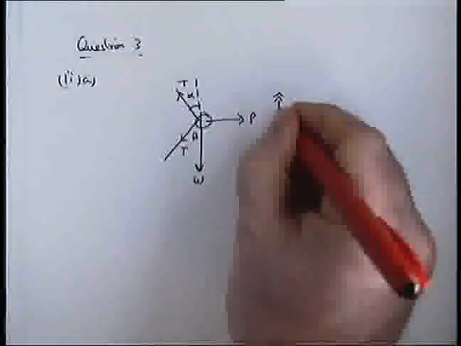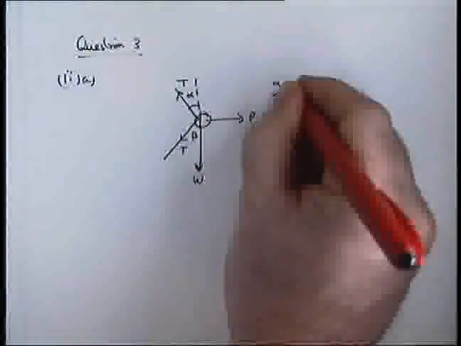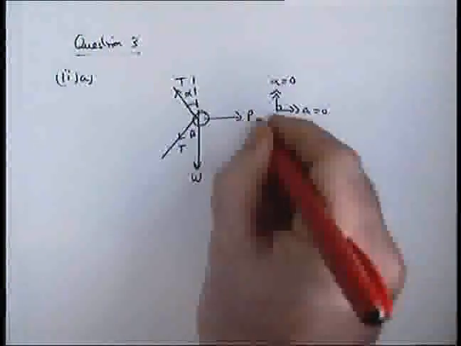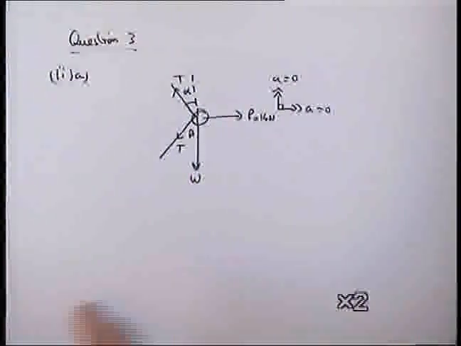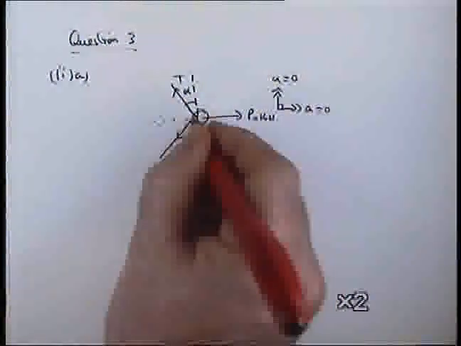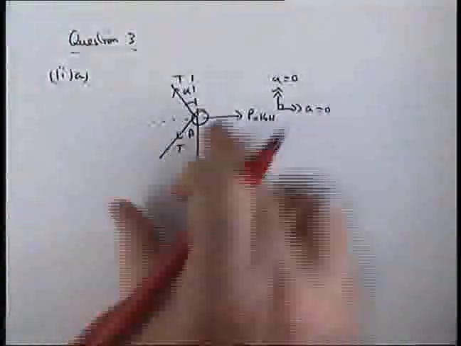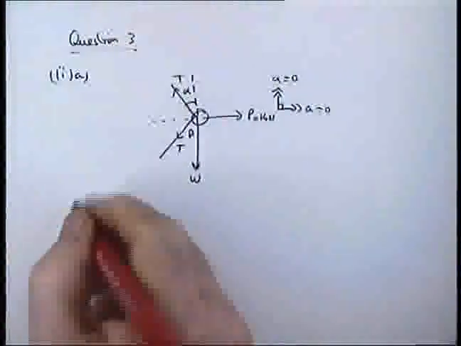It doesn't take too long to draw a new diagram, as you can see. Now, it's still an equilibrium, but we are now given that P is 14 newtons, and that's important. And what we're asked for now, in part A, is the tension in the string. To find the tension in the string, we're going to resolve horizontally